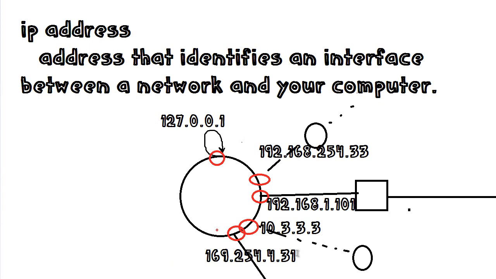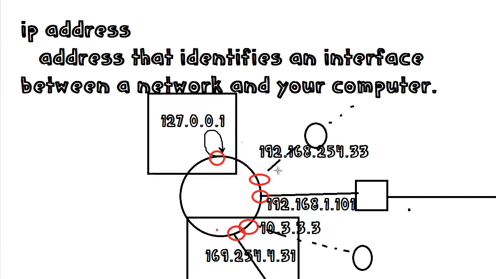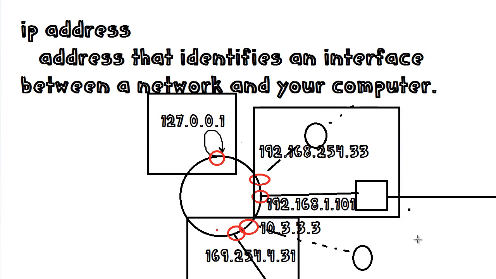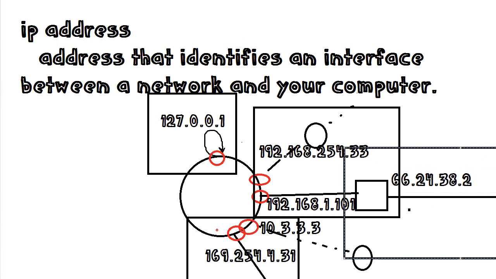So now that you know what your IP address is, where does it come from? Well, it depends on what the address is. If it's a loopback address, it's always the same. If it's made up by your computer, that's generally up to your operating system. If it's something private, it's generally handed out by your company's DHCP server or your local router. And if it's connected directly to the internet, like the other end of this router, that is assigned by your upstream provider.